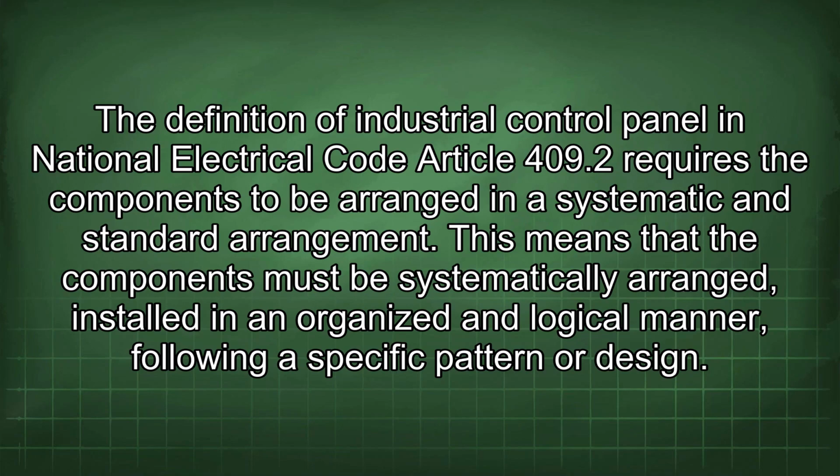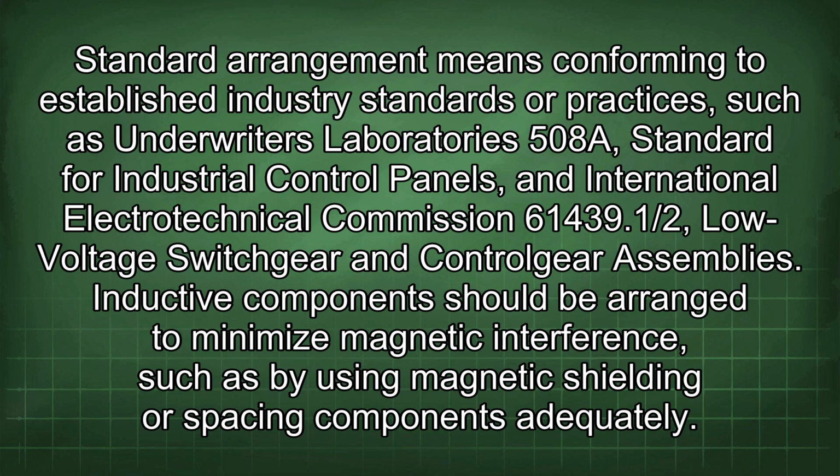The definition of industrial control panel in National Electrical Code Article 409.2 requires the components to be arranged in a systematic and standard arrangement. This means that the components must be systematically arranged, installed in an organized and logical manner, following a specific pattern or design. Standard arrangement means conforming to established industry standards or practices, such as Underwriters Laboratories 508A standard for industrial control panels